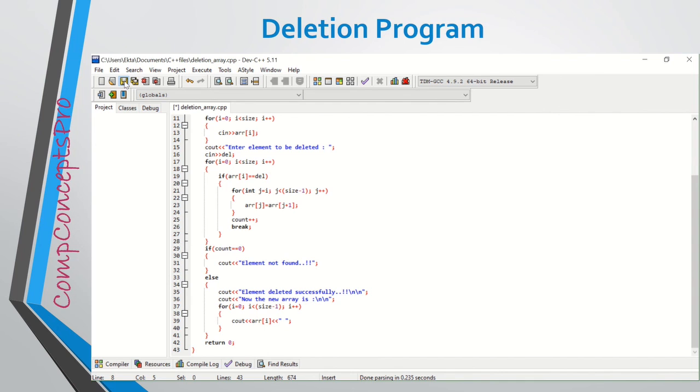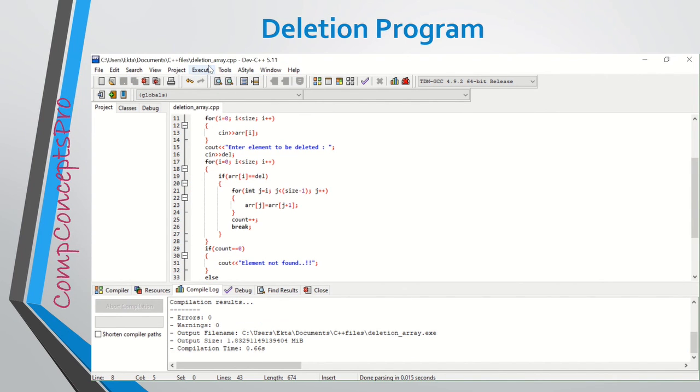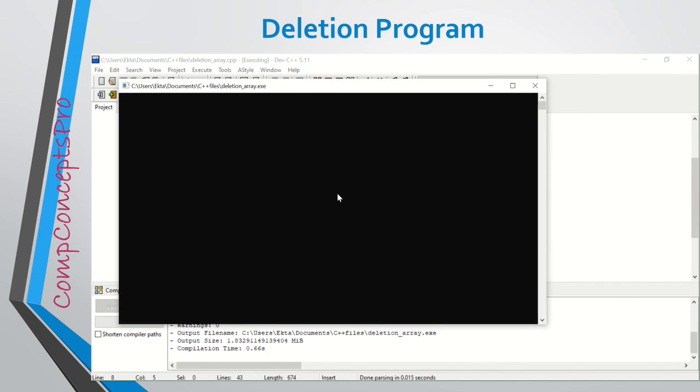Now I'll run the program. Before that, compile it. Enter array size. Just for convenience, I'll enter the array size as 5. Enter the array elements. Randomly, I can enter any elements.